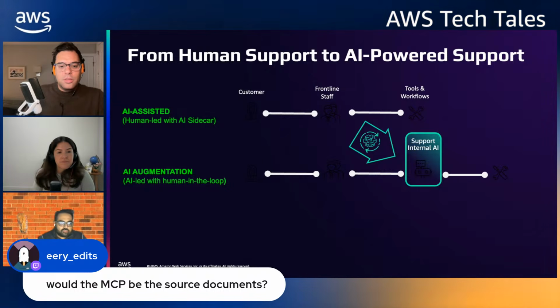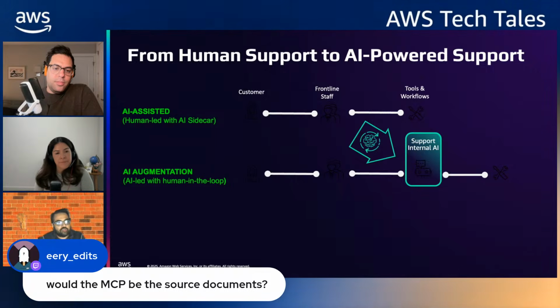No, Bedrock is a foundational AWS service. An MCP is in the middle, where we use different MCPs to point to backend tools. So our source documents, which we call support knowledge: there's a public MCP called AWS Documentation, which is our publicly available documentation. It has an MCP server. We do use it. So we have an MCP for the source documents, but then we also have an MCP for our internal support operating procedures that Tipu was talking about earlier. So MCP is just a vehicle to communicate with the LLM by providing it more context.